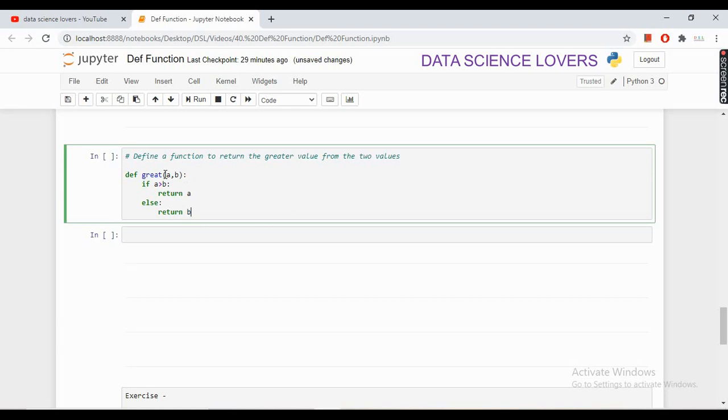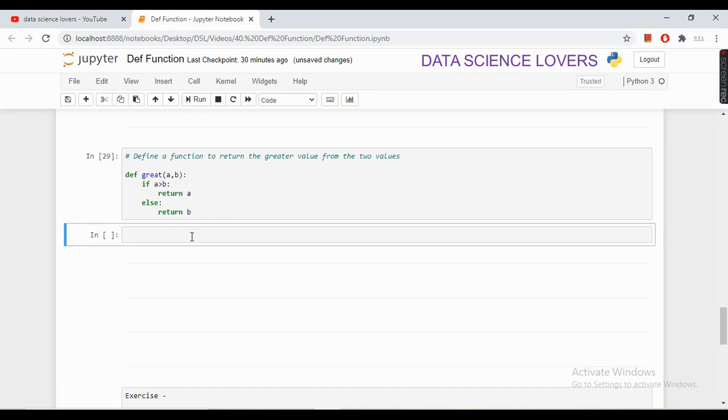So we will pass two arguments, two values a and b here, and in the body we have to write the if else statement. If the first value is greater than b, then return a which is the first value, else return b. Means if b is greater than a, then return the second value which is b. So this is how we can define this simple function.